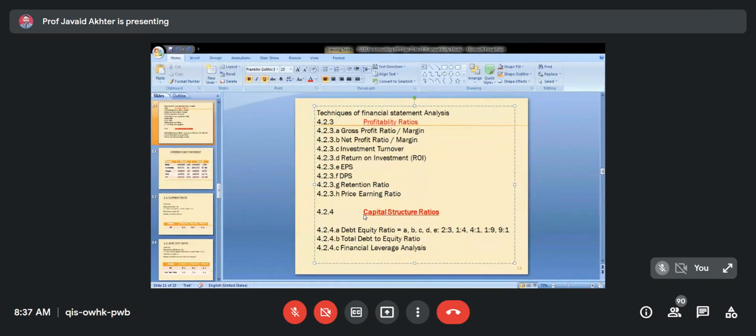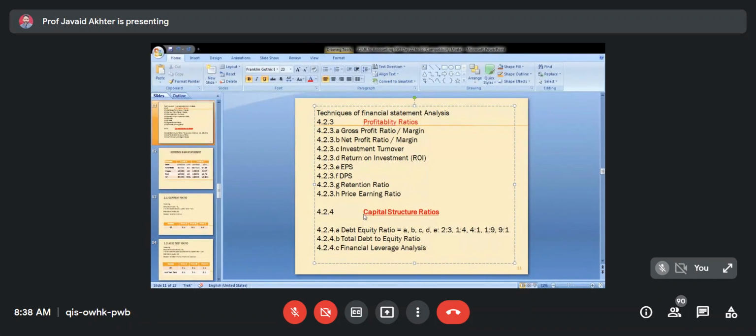Some debenture, some preferential, some retained earnings, some equity. So there are 4 categories. Each will have some percentage. More of it we will discuss in financial management when we talk about cost of capital, a chapter in the 4th unit. For the time being, this much is enough for us to know what we mean by the word capital structure. It conveys various permutations and combinations with which a company has invested in its business.